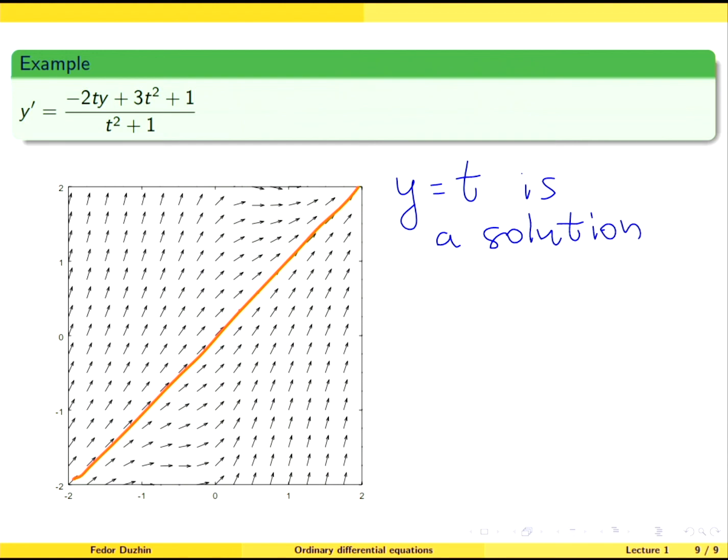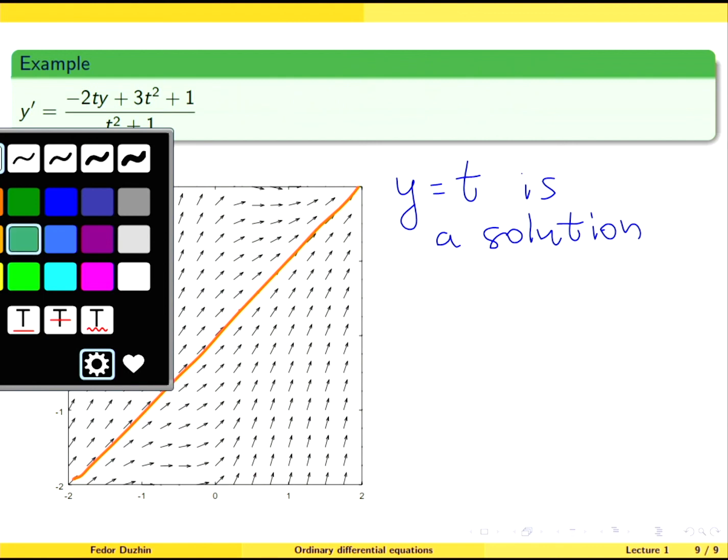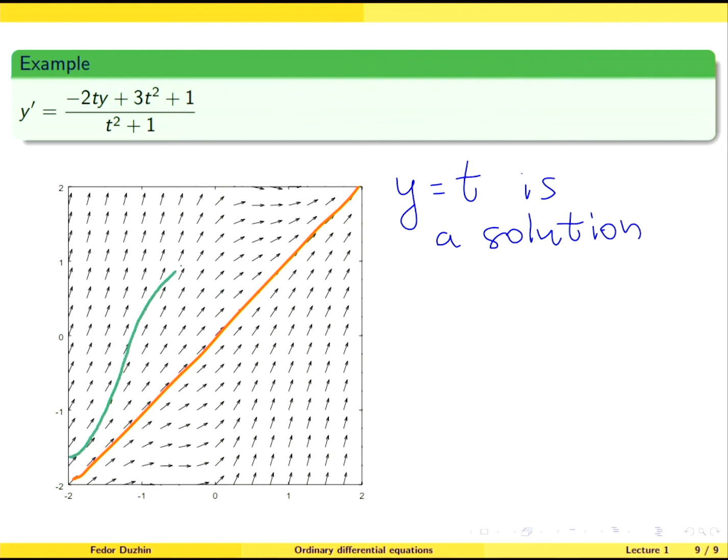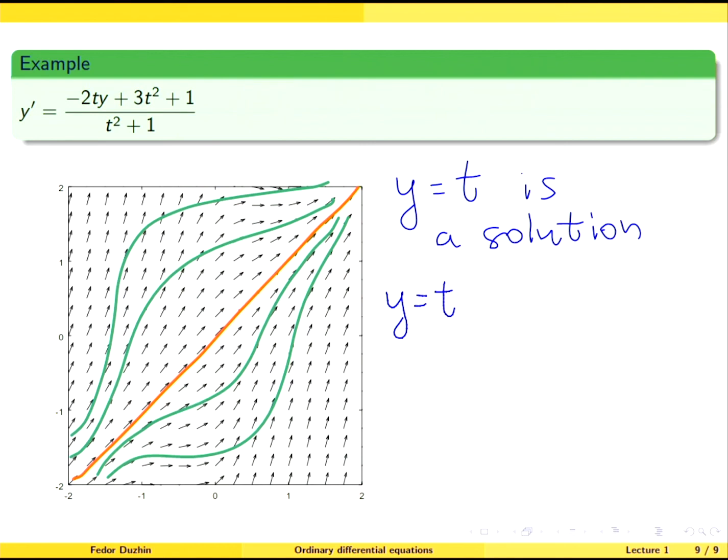But it is actually more than that, because you can also see that there exist other solutions, and they kind of approach this as t goes to infinity and as t goes to negative infinity, right? So not only y equals t is a solution, but other solutions, they approach y equals t both when t goes to plus infinity and to minus infinity, right? So which means that the general solution looks like y equals t plus, well, something